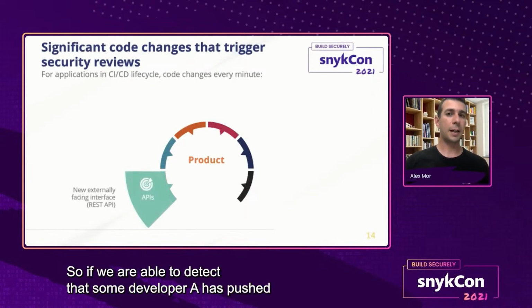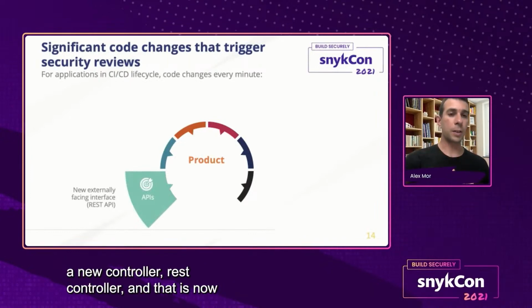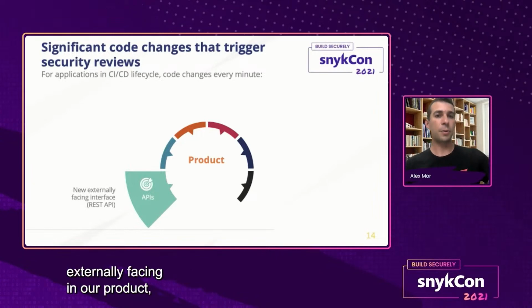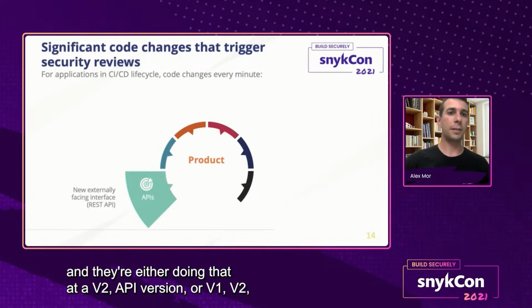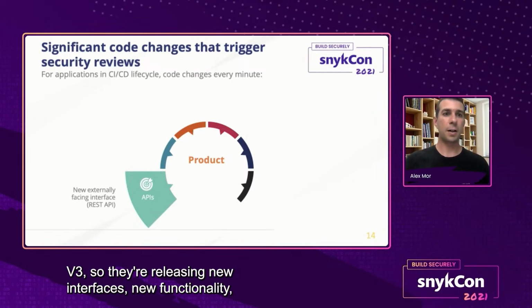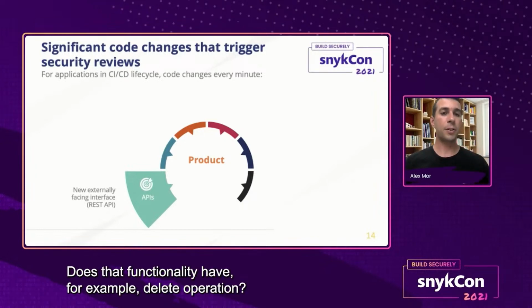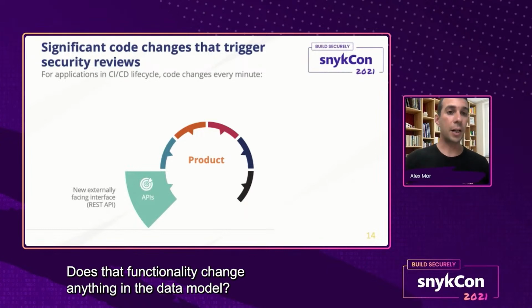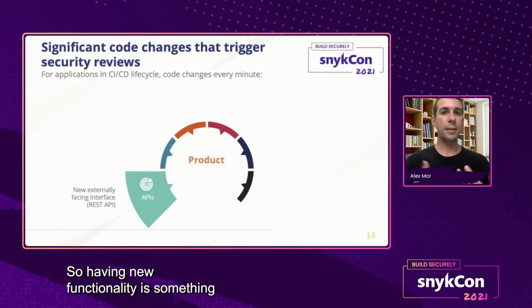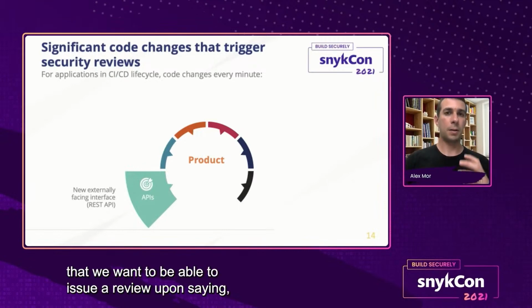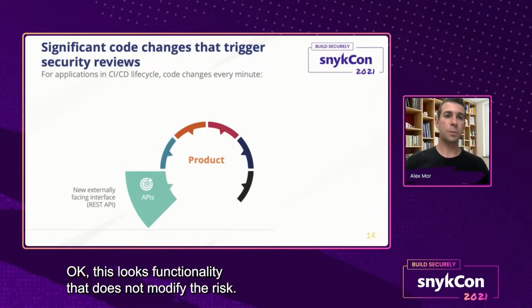So if we are able to detect that some developer A has pushed a new REST controller, and that is now externally facing in our product, and they're either doing that at a V2 API version, right? So V1, V2, V3. So they're releasing new interfaces, new functionality. We need to be able to detect that. Does that functionality have, for example, a delete operation, right? Does that functionality change anything in the data model, right? So having new functionality is something that we want to be able to issue a review upon, saying, okay, this looks like functionality that